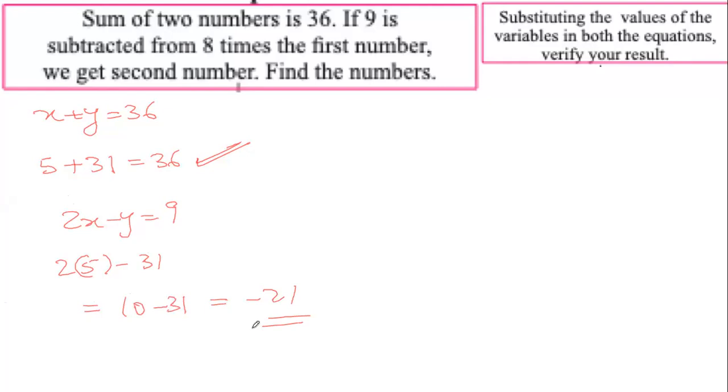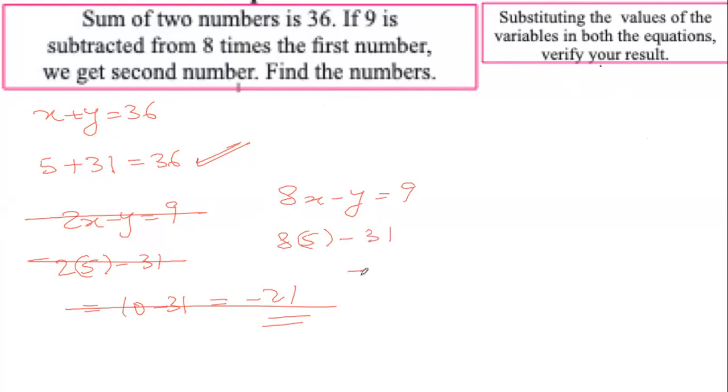Khadija? Yes, beta. What you have told me is correct. Let us see if others are able to figure out. What have I done wrong? Why am I getting wrong answer here? Why am I not able to verify? Okay, Chanda, please say. The second equation was maybe wrong. Yes, correct. The second equation should have been 8x minus y equals to 9. Correct. Now we can say 8 into 5 minus 31.